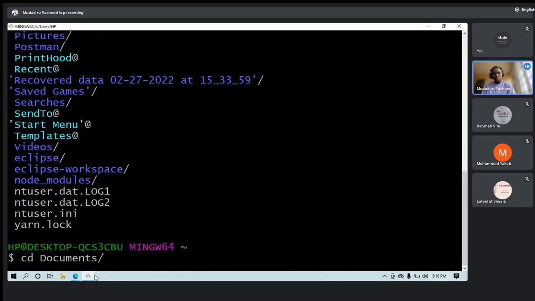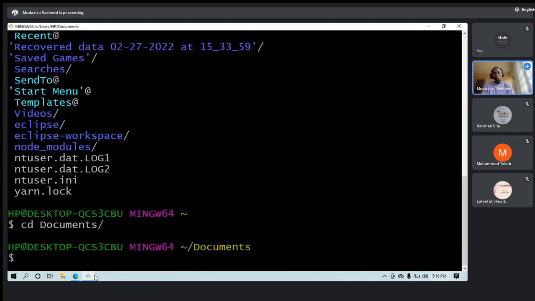When you tap that tab key, it will just generate the nearest equivalent to that particular word that you type. For instance, I type cd and I want to go into the document. I can say DOCU, I can add as many letters as possible, then push my tab key for autocomplete. It will now help me autocomplete. So if I change to this particular document, I've moved from one folder to the other. So that's what change directory does.